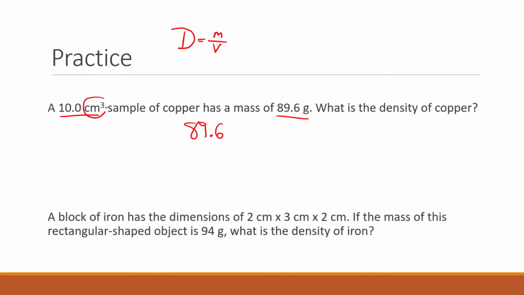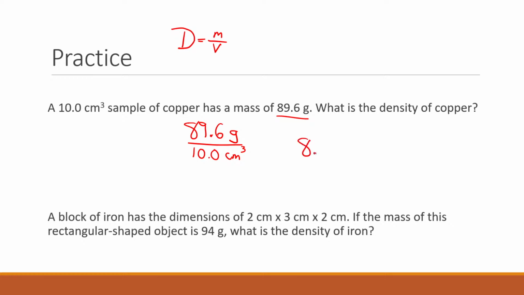Centimeters cubed is an example of a volume measurement, right? Cubic centimeters is something that we're going to use, right? 3 dimensions, length, width, height, to determine the volume of a substance. That means 10.0 centimeters cubed is going to be our denominator. And when we go ahead and solve this out, we're going to take 89.6 divided by 10, which is going to give us